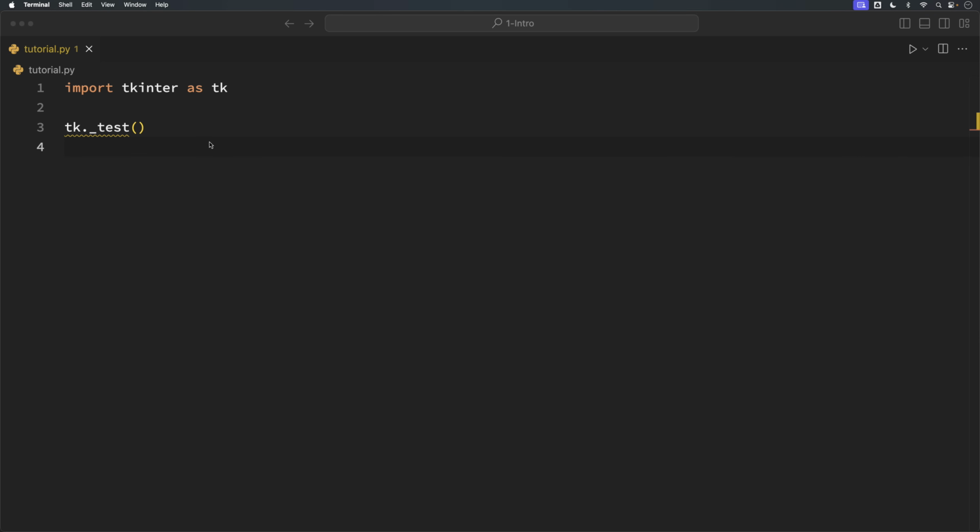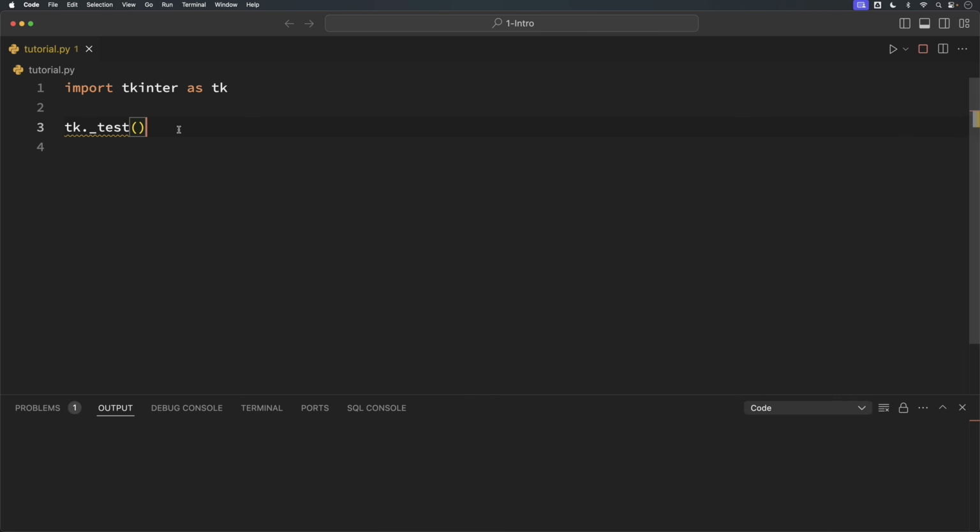But now I'm going to go ahead and close that and bring this up. So now let's jump in and start writing our first GUI application. Now, first, let's run a basic test to make sure that everything is working as it should. So to do this, they have this helper function here to where we can just say import tkinter as tk and then run